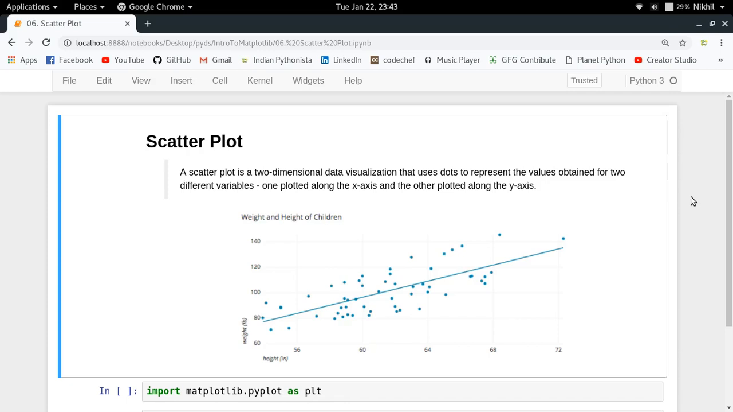So first of all, what is a scatter plot? A scatter plot is a two-dimensional visualization in which we use dots to represent the values we obtain for two different variables, where one variable is plotted along the x-axis and another variable is plotted along the y-axis. So for example, consider this case in which we want to draw the weight and height